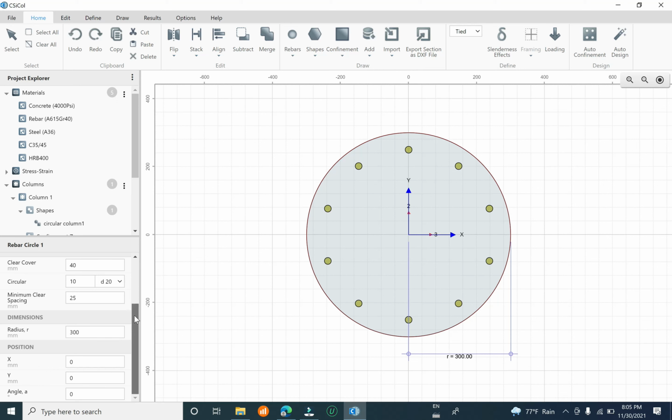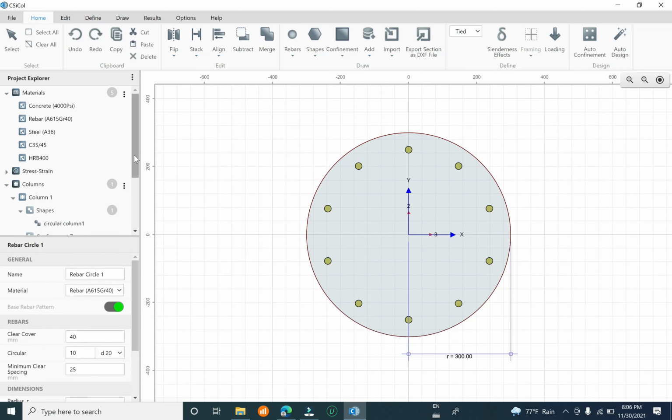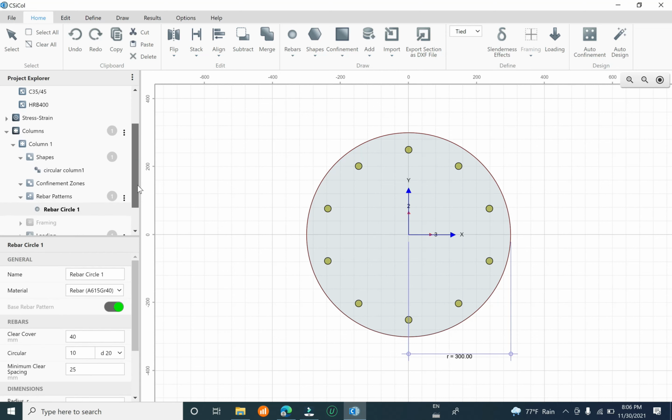Okay, the minimum clear spacing from one rebar to another rebar, and right here we corrected already. In the position we have to put the original position 0 0 and angle 0. Okay, now we have to continue to the other step